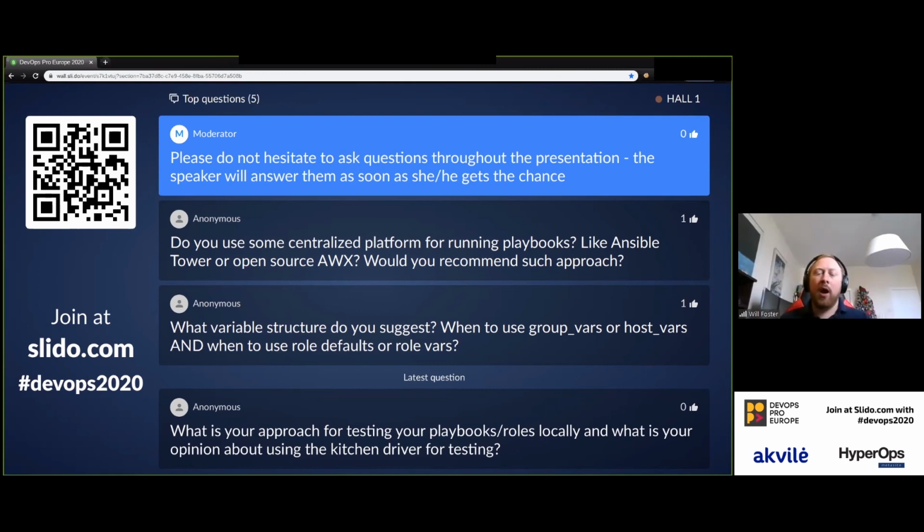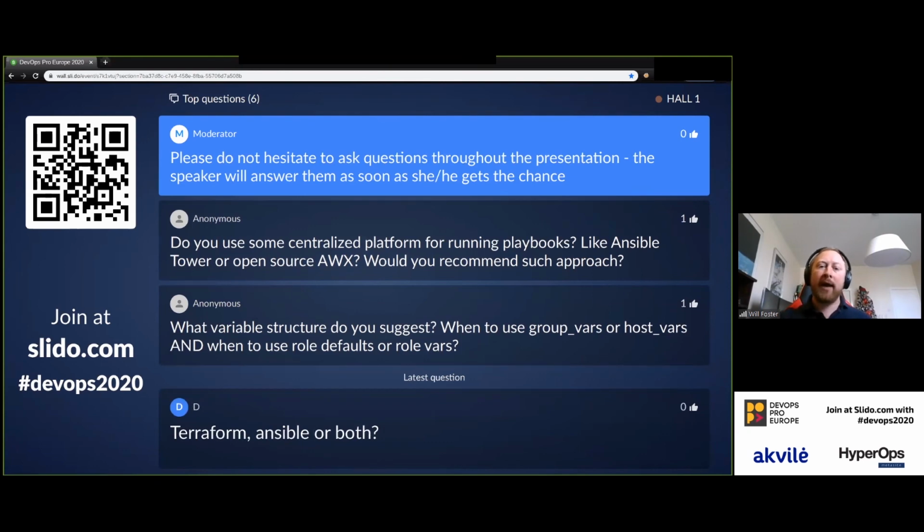So we don't use Ansible Tower on my team because there's only three of us, and we like the simplicity of having one jump host that serves the role of launching Ansible playbooks against stuff. This might be via cron, this might be ad hoc, but we just use one shared host, and it does all the Ansible heavy lifting. But Tower and its upstream equivalent AWX are extremely useful when you have a larger team,